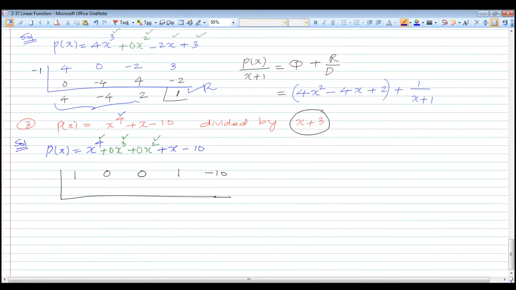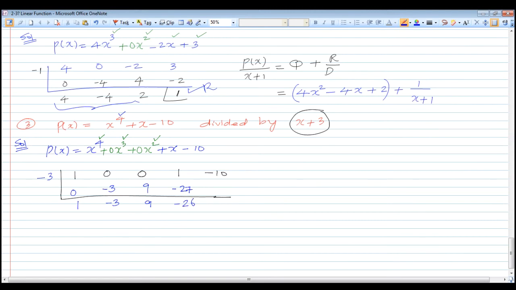Minus 3, opposite sign. So the first value is 0, add 1. Multiply by minus 3, add, minus 3. Multiply, you will get minus into minus plus 9. Here 9 plus 9. Multiply here, minus 27. Add, minus